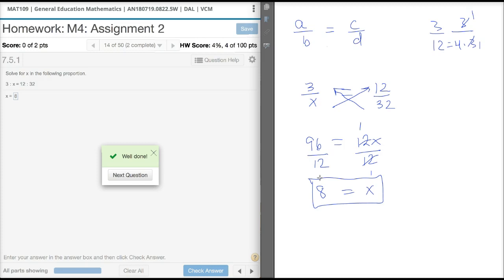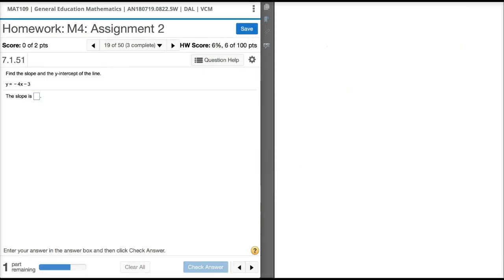All right, so now we're going to turn over a new leaf here, and we're going to focus on graphing lines and applications of graphing lines. So our next few problems will focus on that. All right, so our next set of problems here, we're focusing on graphing lines. And so before I get into this question here, I want to talk a little bit about lines in general. So whenever we talk about lines, of course, we know that